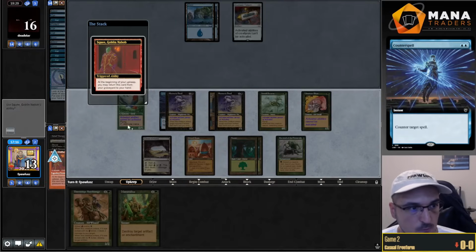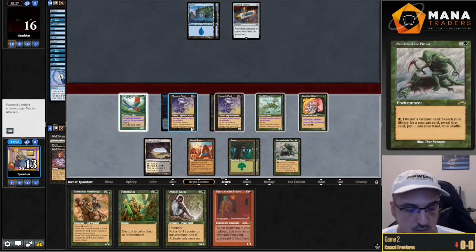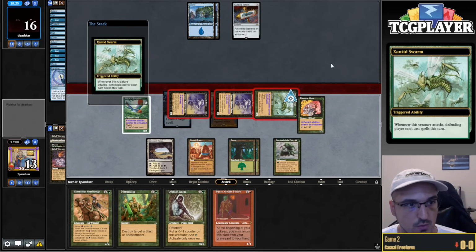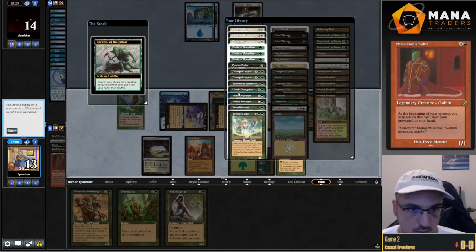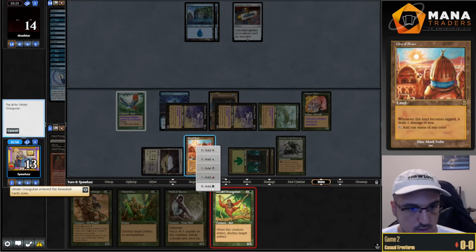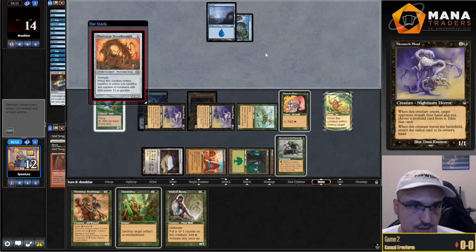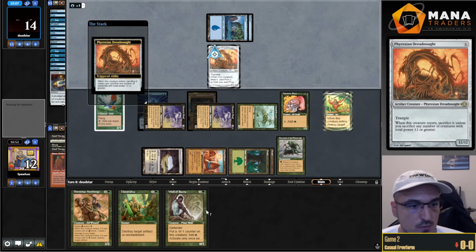Smooth sailing from here. Fine draw. Not that we need it. Yeah, let's go with that. Trigger Swarm. That gets destroyed. Get Uktabi. Cast Uktabi. Destroy Totem. Just playing 4-color survival control here. Dreadnought. If they naturalize, I'm going to...